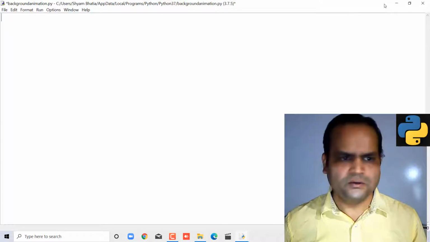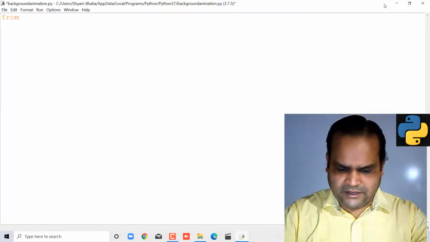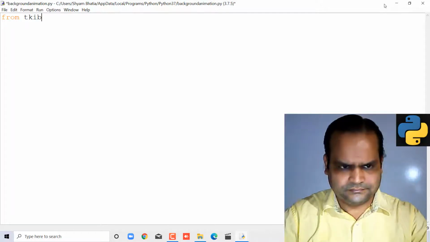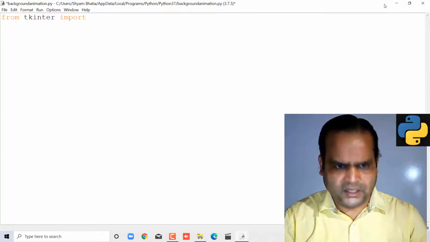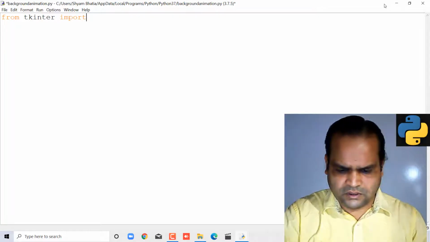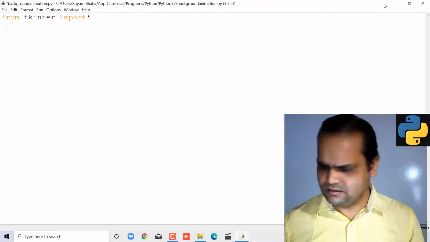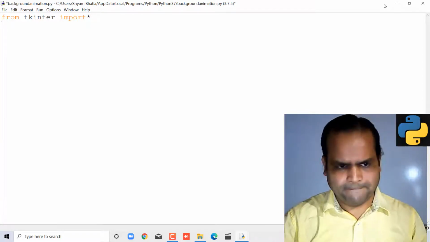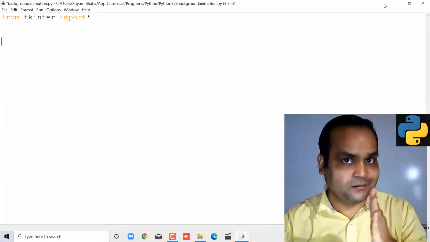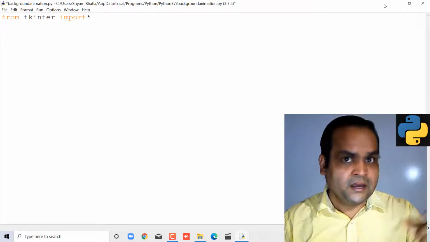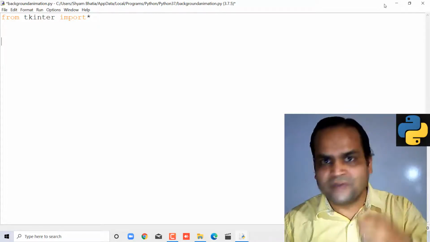Now you have to import some library from tkinter. Import everything, put a star. Another library we will discuss here later, as required, when an error appears, why it comes and how to fix it.